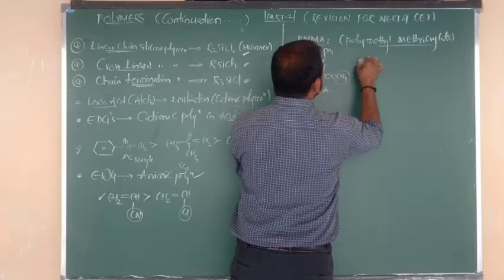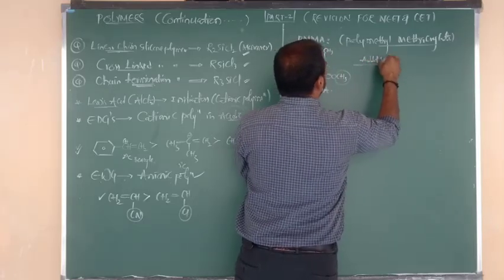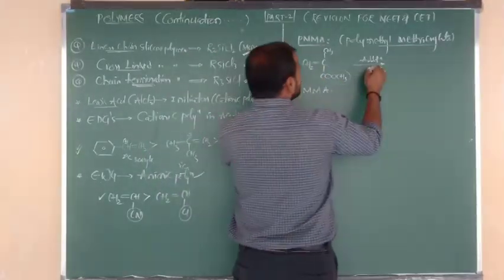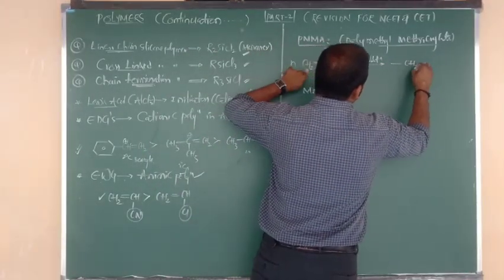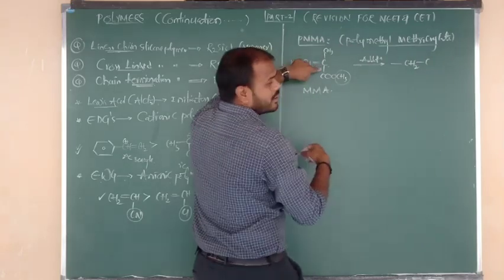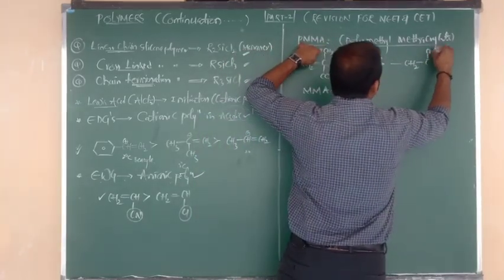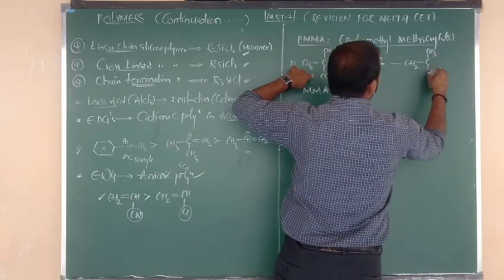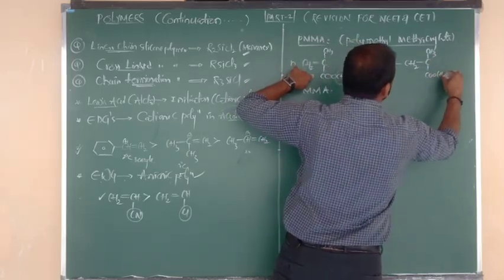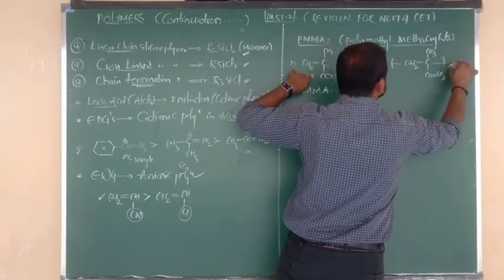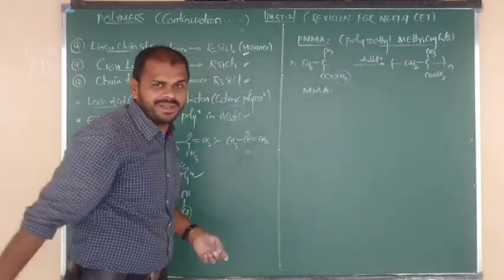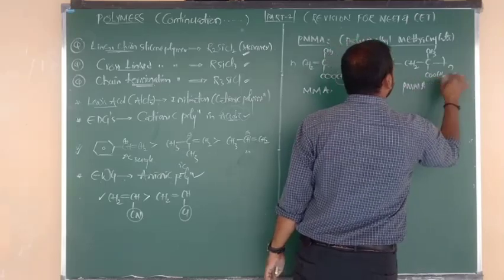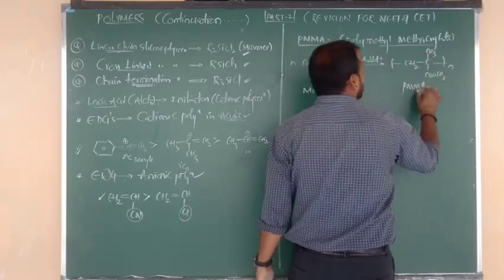So upon addition polymerization, because we are not taking help of the ester group, we are taking the help of the double bond. During addition, the double bond gets reduced into what, beta? Single bond. And on top we have to write CH3, and below the plane the ester groups we have to write COOCH3. Once the double bond is converted into a single bond, the chain continuation takes place. So this is the structure of PMMA, polymethyl methacrylate.